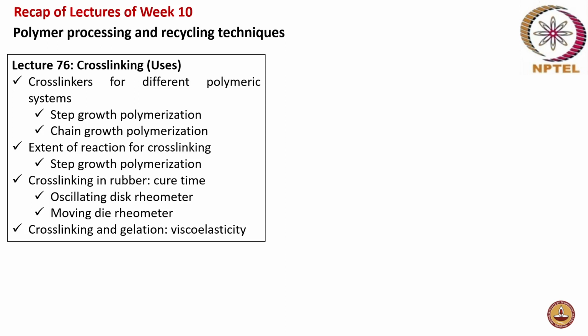And then in case of chain growth polymerization for polydienes, butyl lithium is used for polybutadiene, and for polyethylene, chemical or thermal or radiation based cross-linking can be used. And then the extent of reaction for step growth polymerization. Extent of reaction for cross-linking for a step growth polymerization was discussed. And then cross-linking in rubber, the cure time, and how in industry, using oscillatory disc rheometer or using a